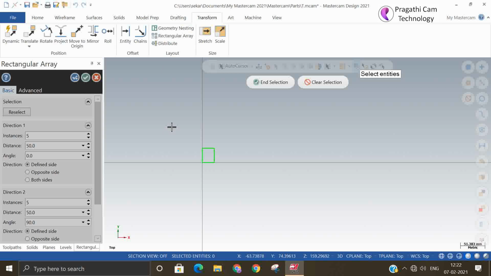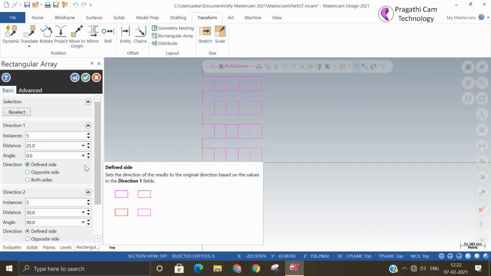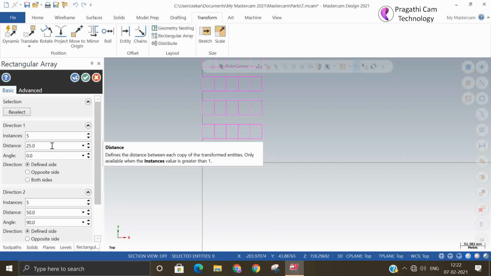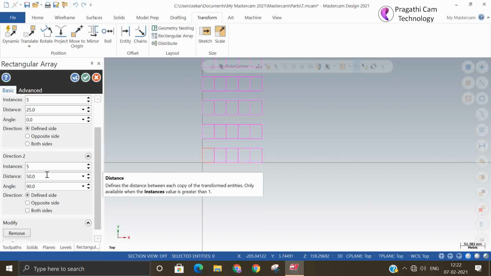Select the entity. So direction 1, number of entities: 5 numbers, distance 25. We can increase it a little more. Similarly in the other direction. So 25 is less, we'll make it 50.